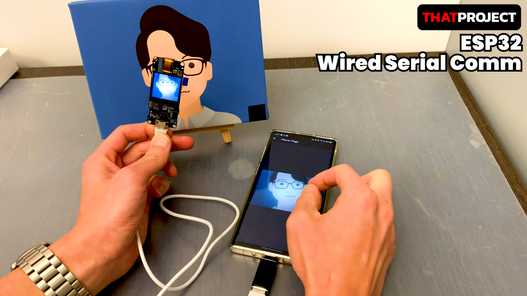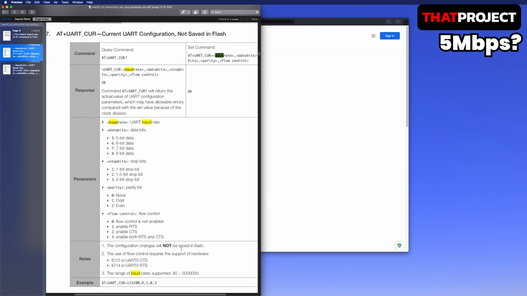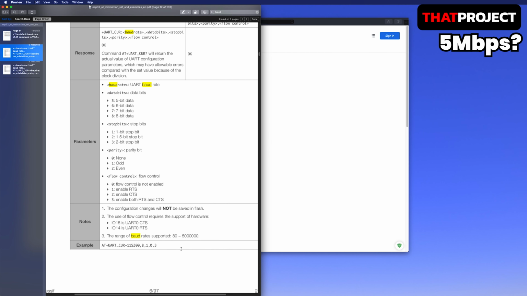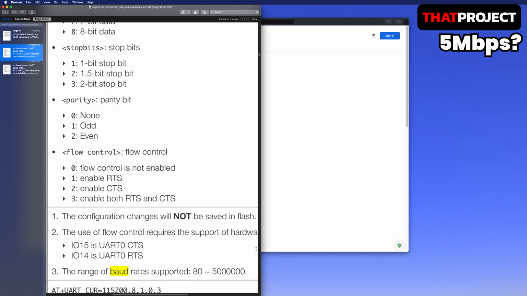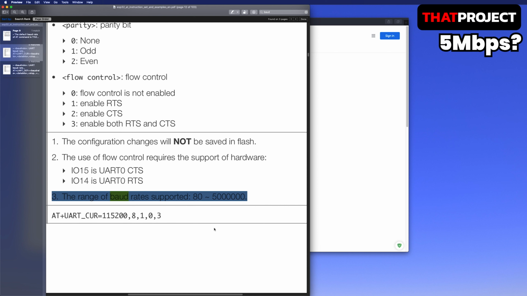This is the starting point of this project. When searching for the maximum UART speed of ESP32 at Google, the search result is 5 Mbps. Not bytes, of course, it's bits per sec. Looking closer, ESP32 seems to be able to send and receive data at an incredible rate of 5 Mbps with UART communication. However, ESP32 commands is not a typical development environment, so I won't deal with this. Just what I can see here is that internally UART can have a maximum speed of 5 Mbps, that's all.